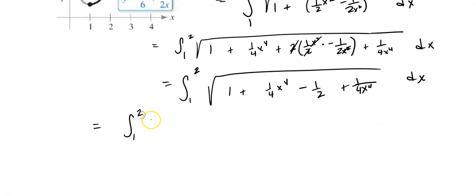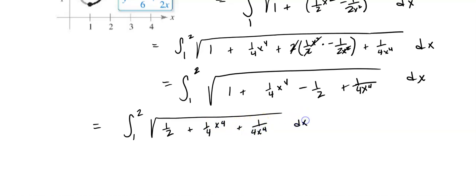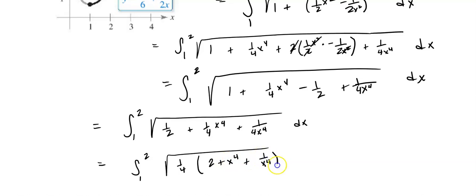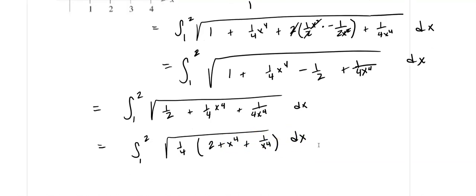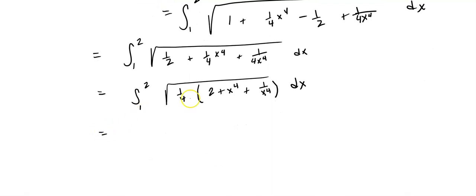Now I can combine my like terms. I have 1 minus 1/2, which is 1/2, plus 1/4 x to the fourth plus 1 over 4x to the fourth. And I'm going to factor a 1/4 out of that, which will leave me with 2 plus x to the fourth plus 1 over x to the fourth dx. And then I'm going to bring out the square root of 1/4, which is just 1/2 times the integral from